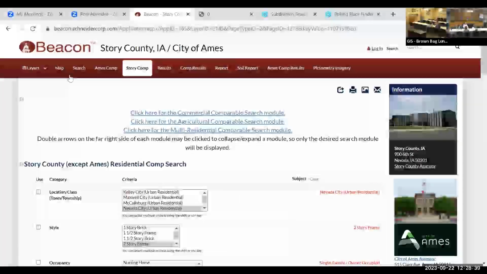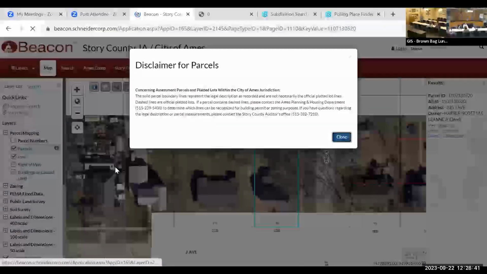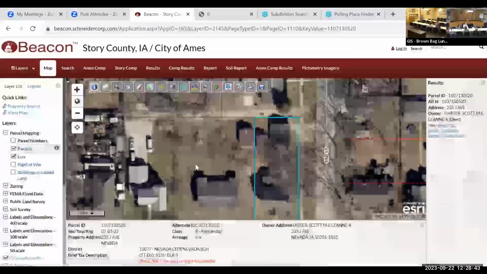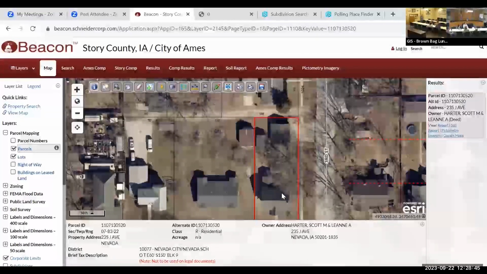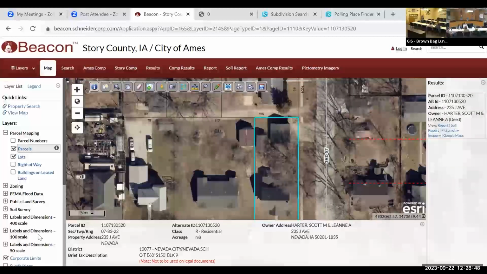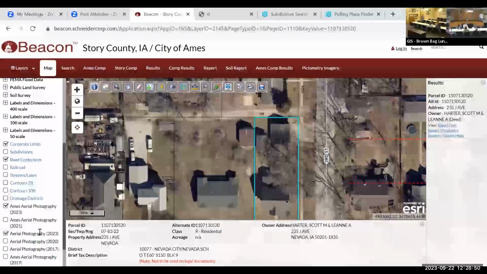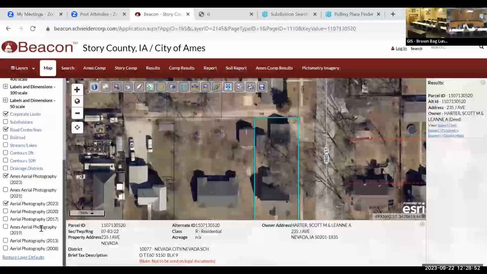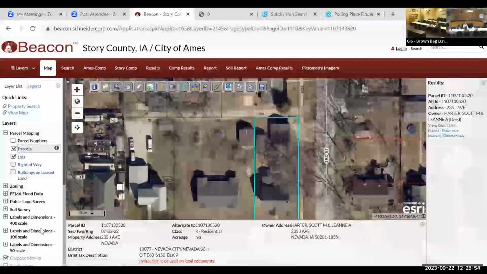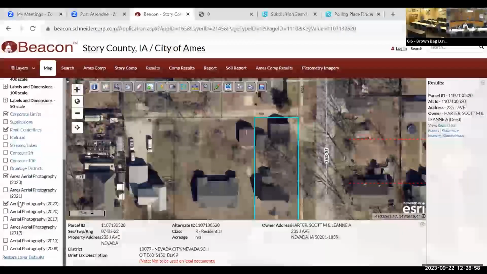So here we can do commercial, agricultural, any sort of comp searching. So anyway, that's helpful for any sort of analysis that you want to do. We probably should go look at the map too. If you want to click on the map, yeah, click on that. Kind of what we were seeing before. On the left-hand side, there's a list of all the layers we added over the years, and they've actually been pretty nice to us. They haven't taken off a couple of those historical years of aerial photography, so that's pretty slick.